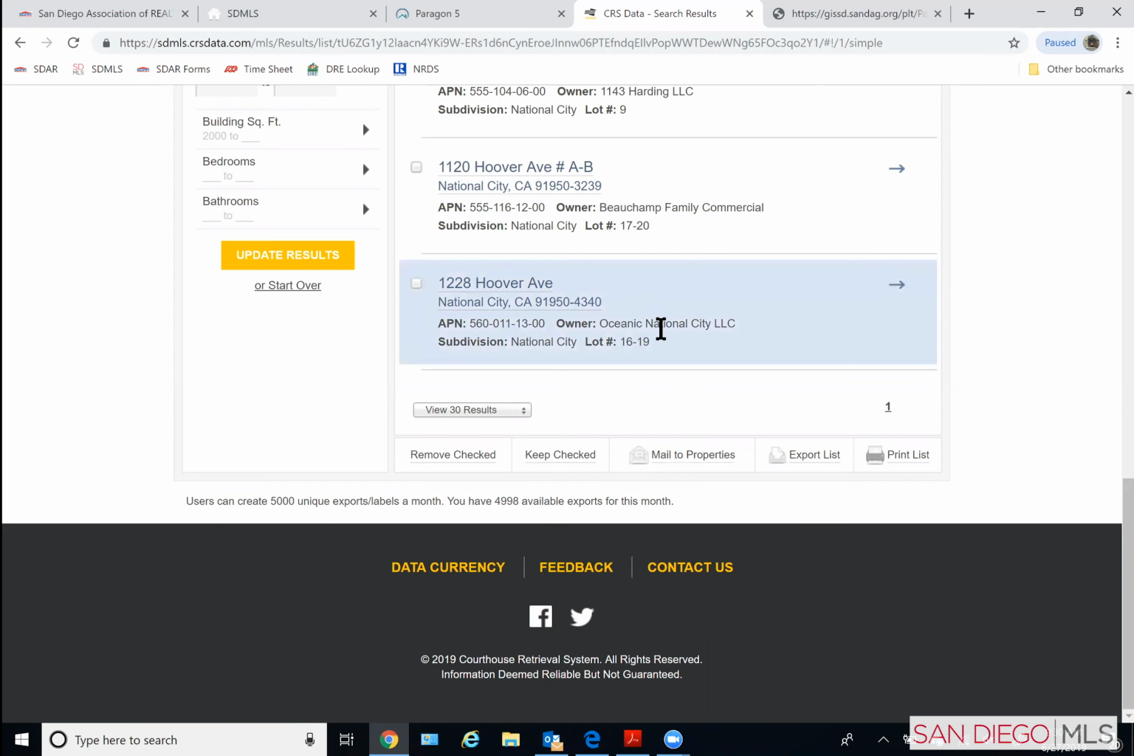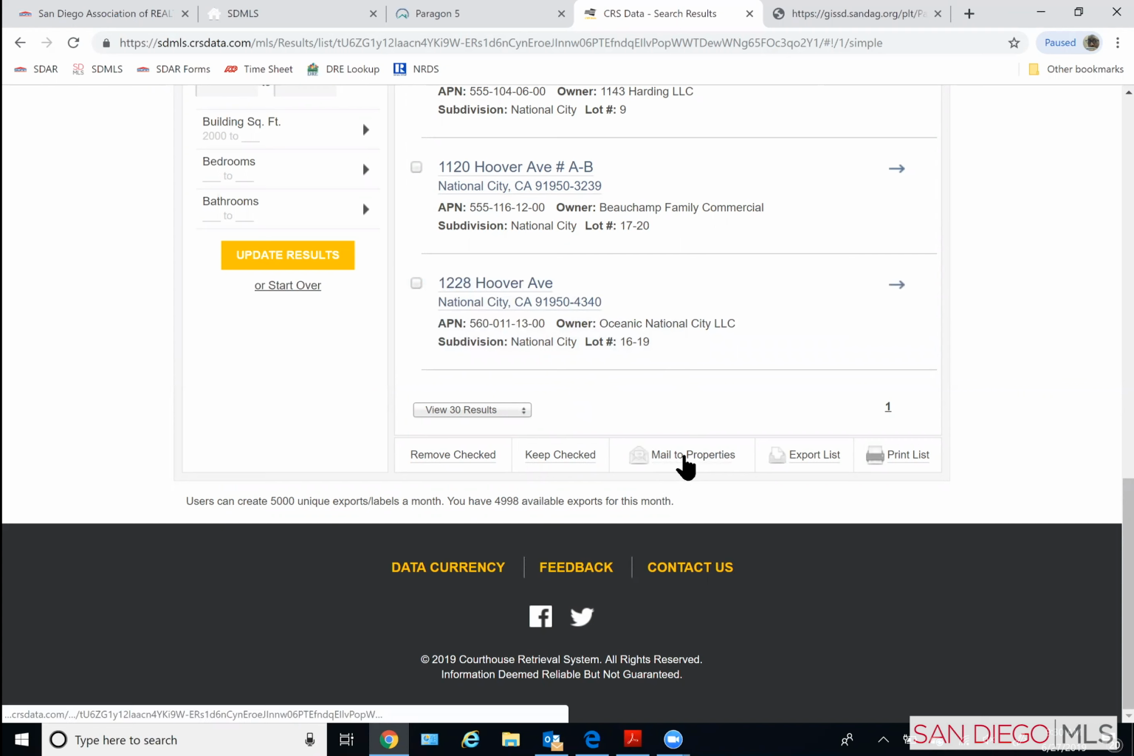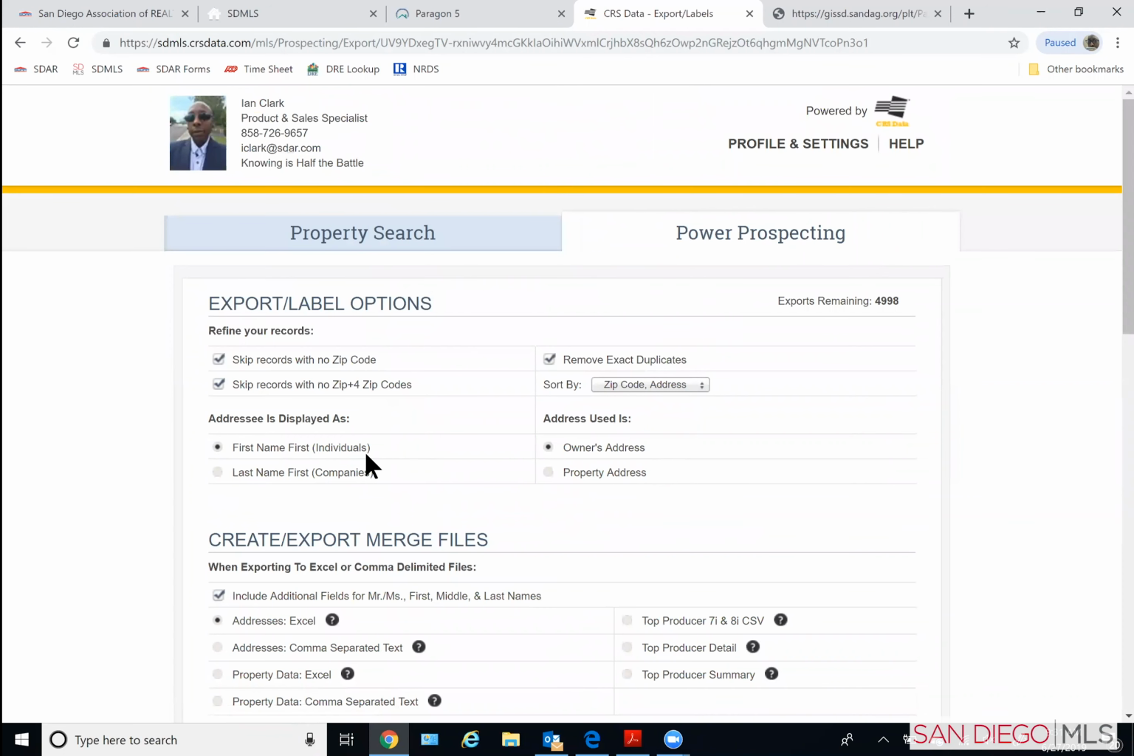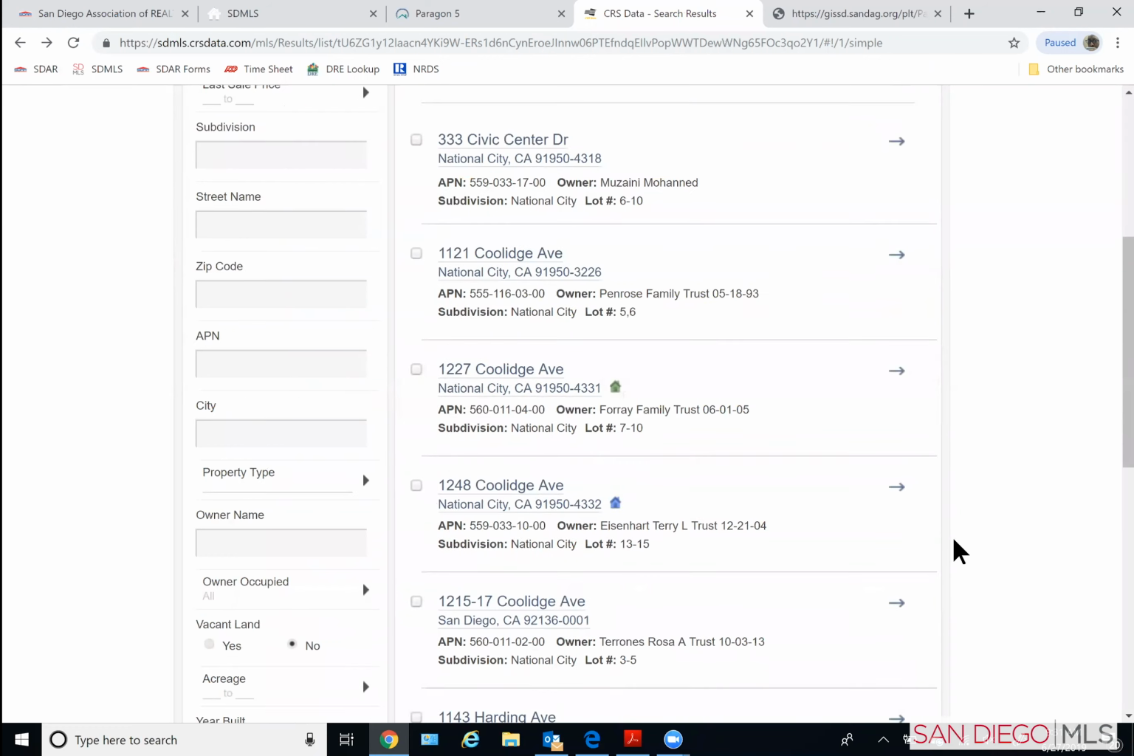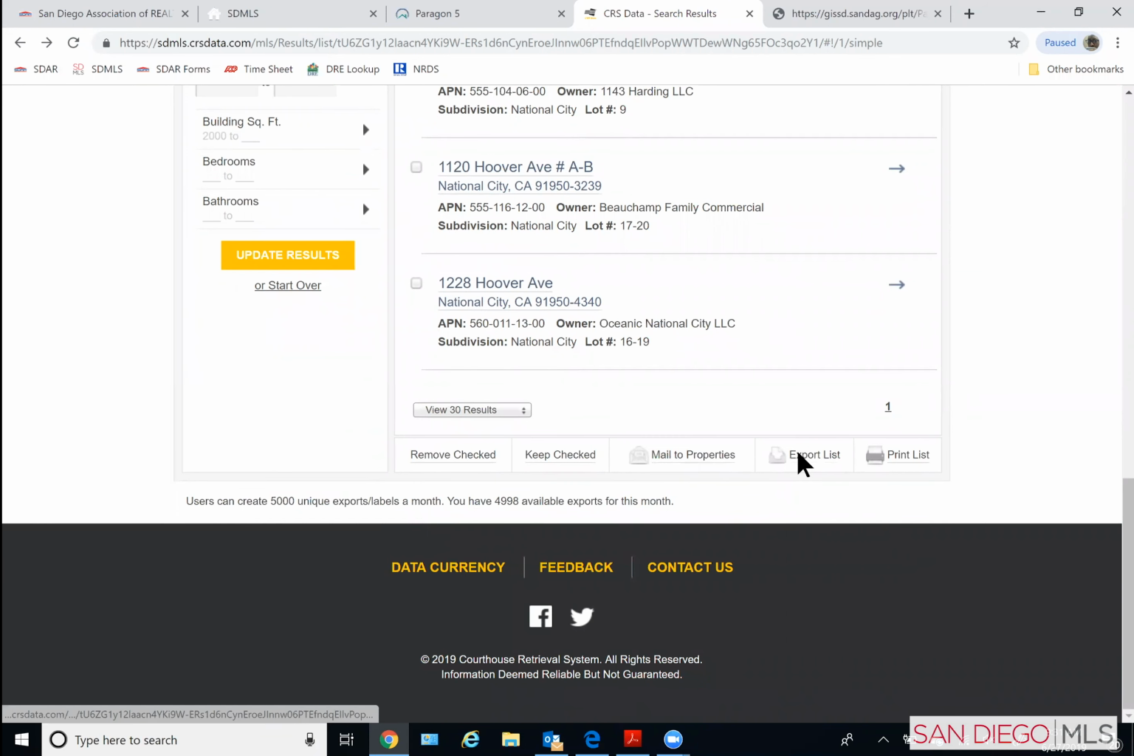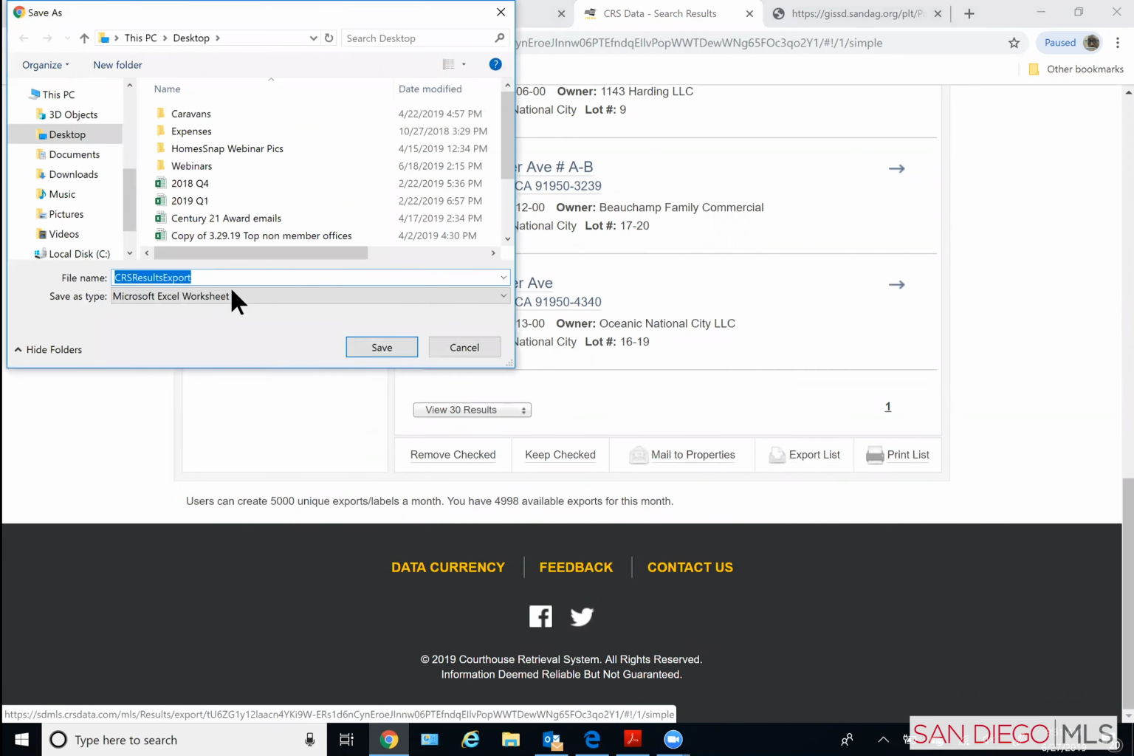When you have your list here, there are generally two things you're going to do. You're either going to want to mail to the properties or export the list. Now, when you click on mail to properties, I'm going to show you this exactly. So when we click on here, we're seeing I clicked on mail. I'm going to click back over here, take you back down, and we're going to click on export. I just want to show you that it does do something a little bit different in this section